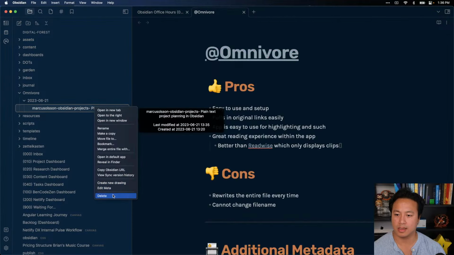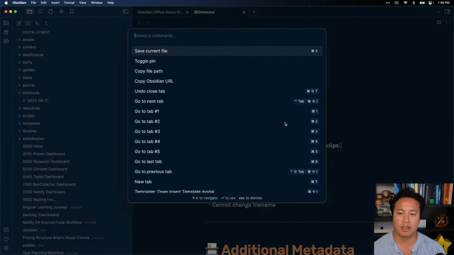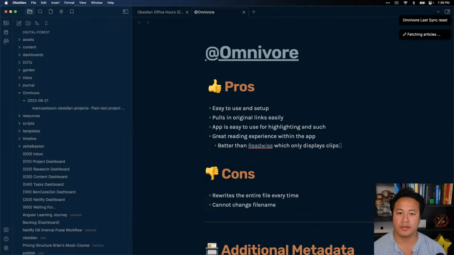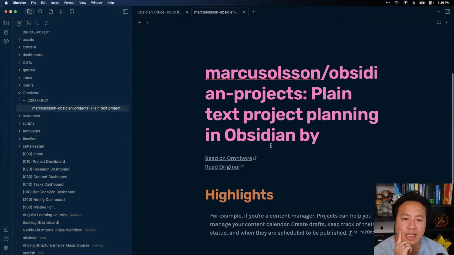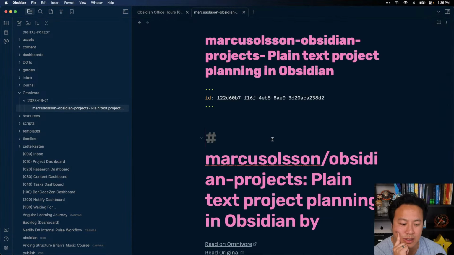I'm just going to delete this just for the sake of argument. Sync Omnivore, resync all articles. And yeah, it only did the highlight again. No note. That's a little bit weird. Okay. Anyways, to be honest, oh,